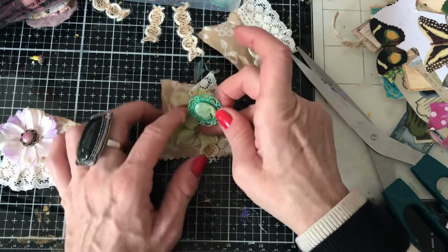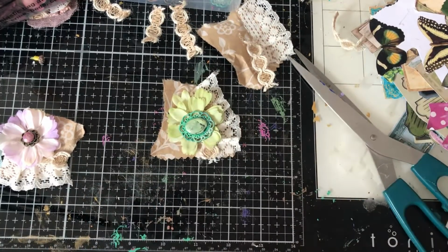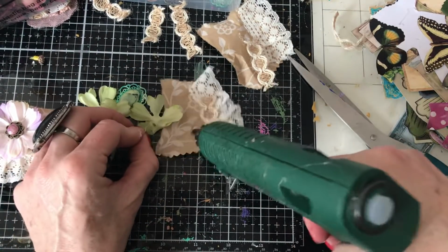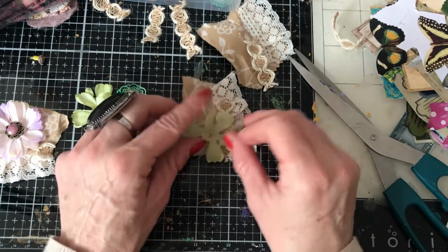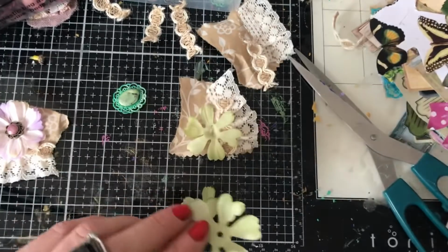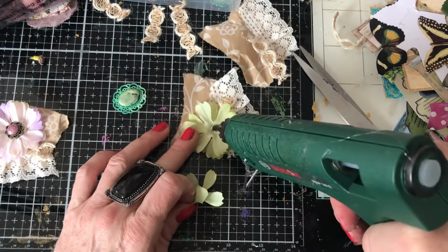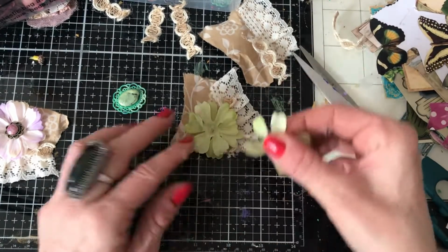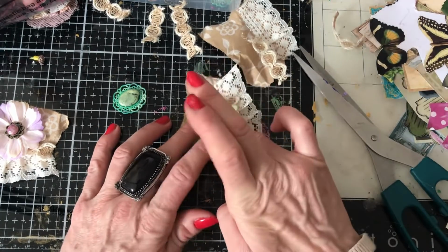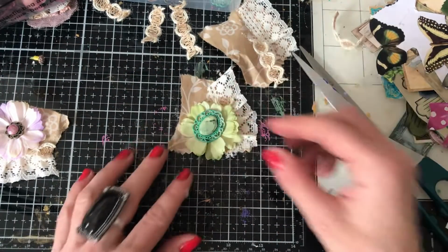Although, having said that, I bulk made a load, and even though I've bulk made a load, now I'm wanting to hoard them, which is crazy. I mean, why would I bulk make a load and then still hoard them? That's just bizarre, isn't it? And to be fair, all the elements I can buy and I can make again. So of course I can buy more of the metal cameo pieces. I can buy more of the wax seals. I can buy more glossy accents, and of course remake them. The patinas that I've used to...